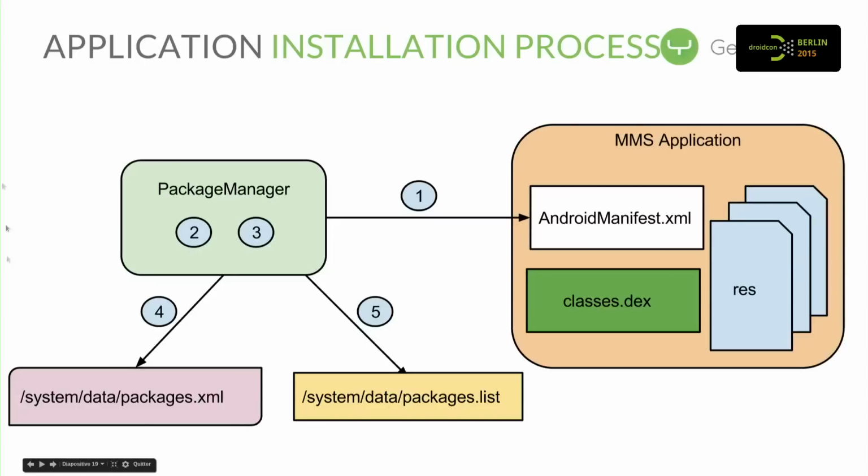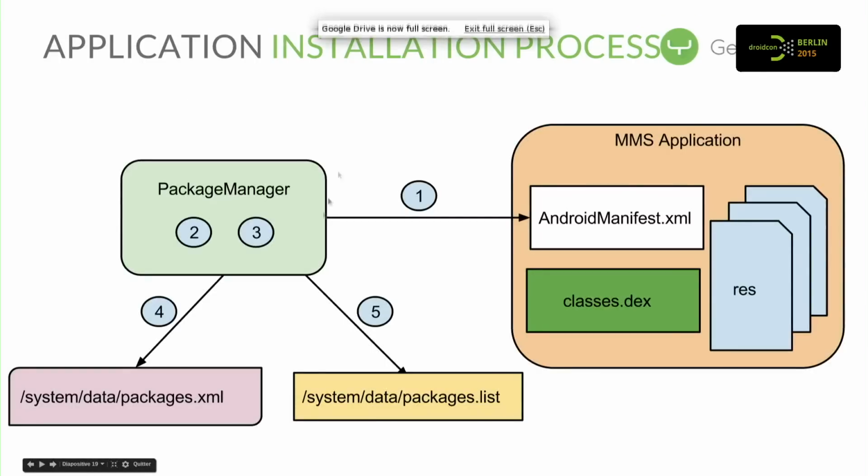After that, it's going to fix the UID for your application with the signature. So you have a unique UID, and because, for example, MMS can store some messages on your SD card, you will have a mapped GID like we saw just before, and the package manager